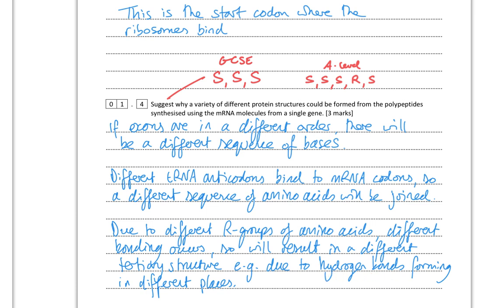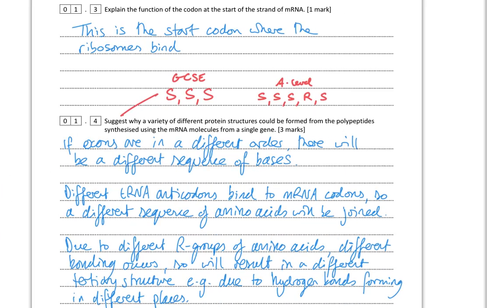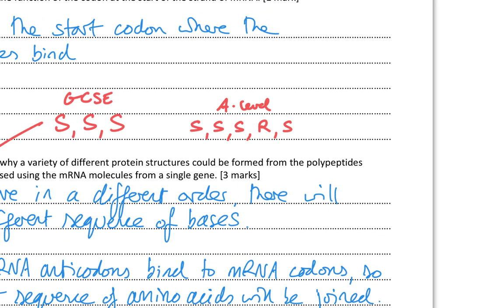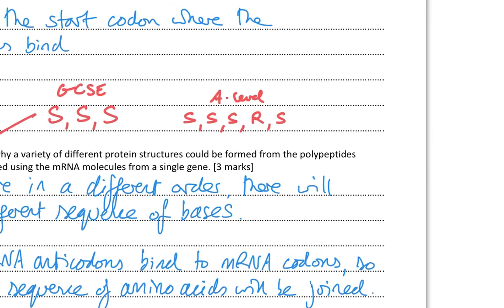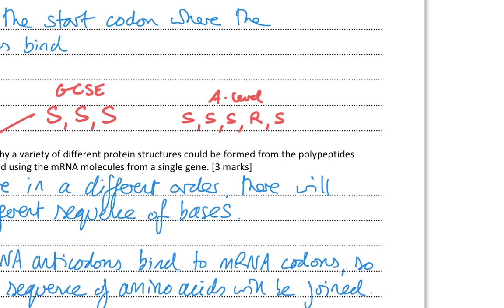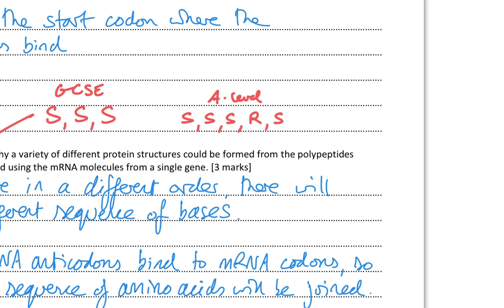So yeah, that's the classic. It's a transcription translation question, and it's pretty much a stock answer. If I'm revising this, my SSSRS is at the top of my revision notes, and then I will just write out an SSSRS answer of why a gene can code for a different shape of protein. Often they ask this in terms of how a mutation could cause a non-functional enzyme to be produced,